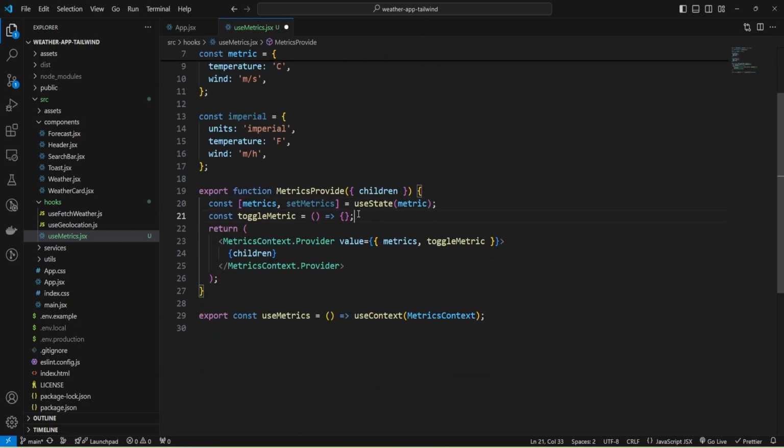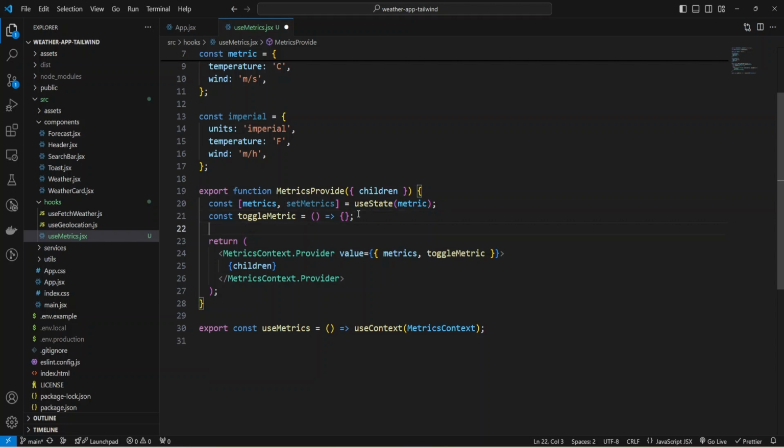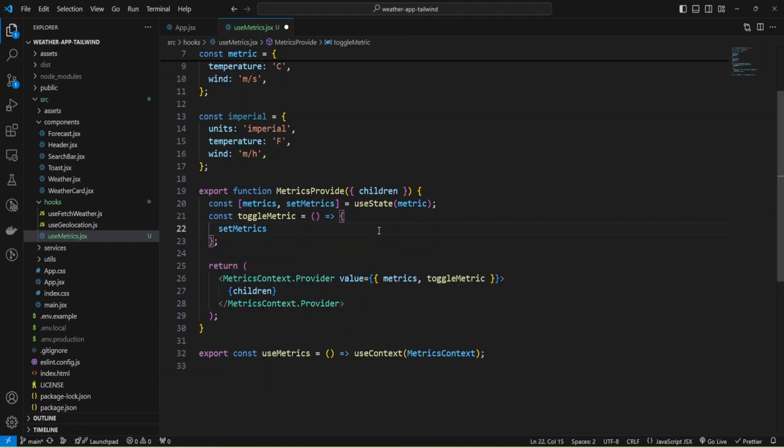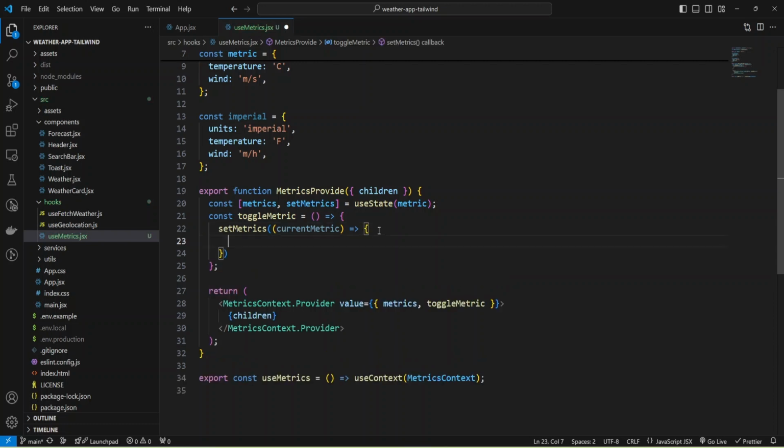Okay, and inside toggleMetric, I'm going to implement a function. Let me call setMetrics, and I'll use a previous value and name it currentMetric, and will return a value to setMetrics.